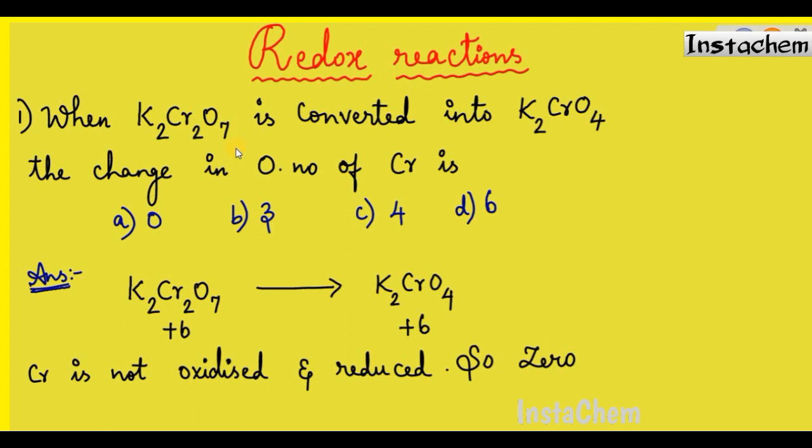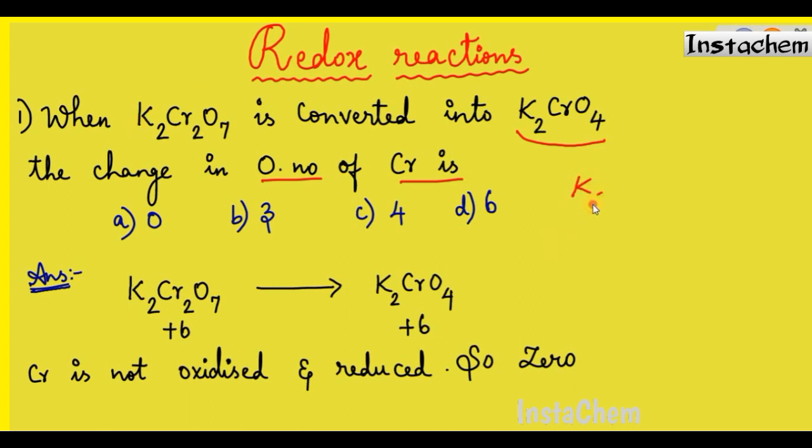Now let's start. We are going to discuss reactions as well as some questions based on redox reactions. Let's start. When K2Cr2O7 is converted into K2CrO4, the change in oxidation number of chromium is, that is the question. It is a very easy one, very easy to solve. We know how to calculate the oxidation number of a particular metal or element in a chemical formula. Let's take